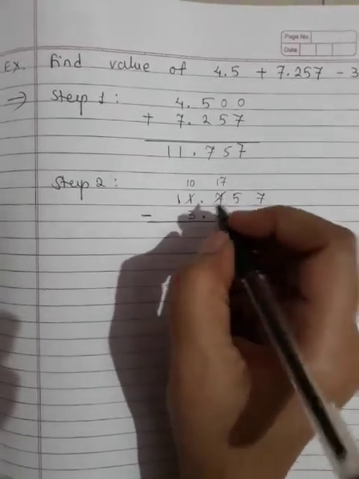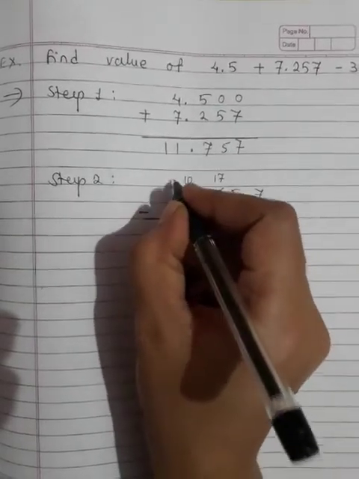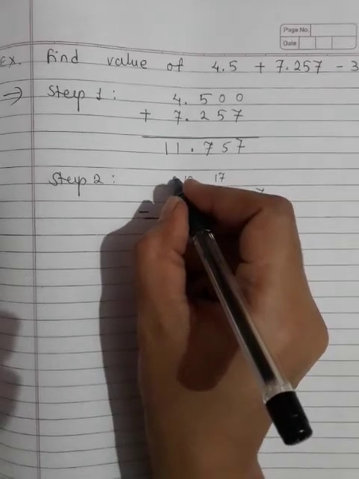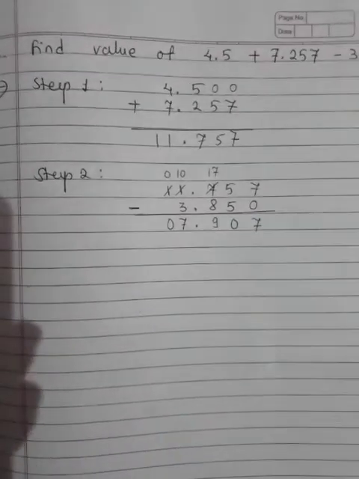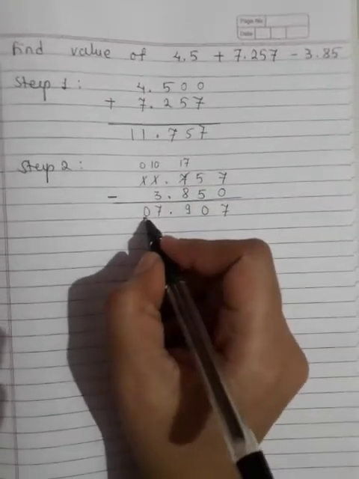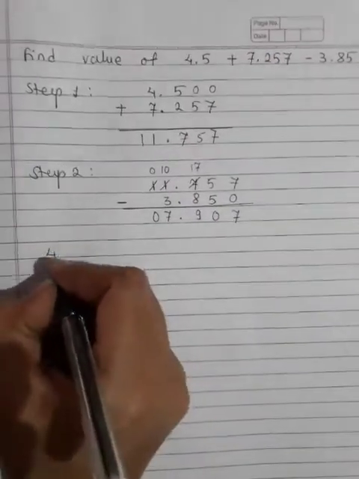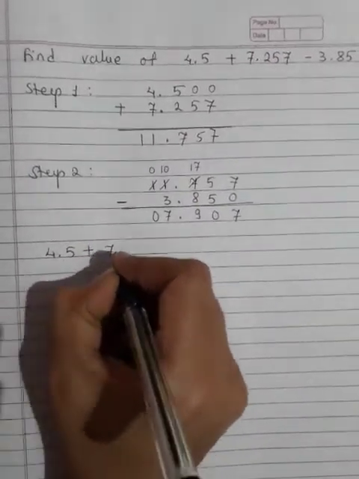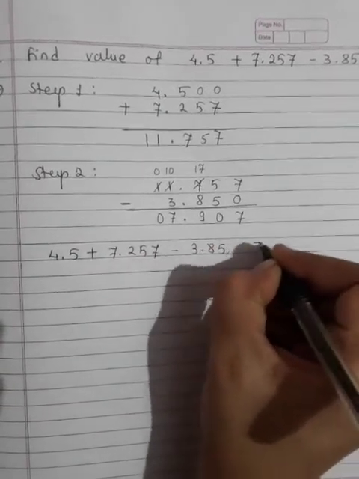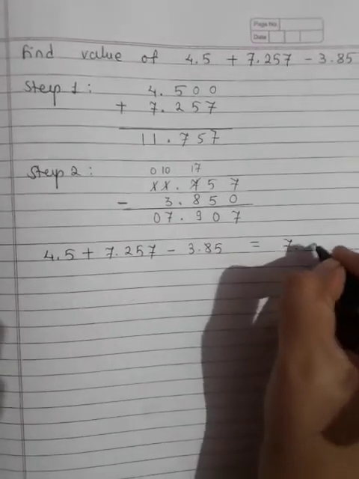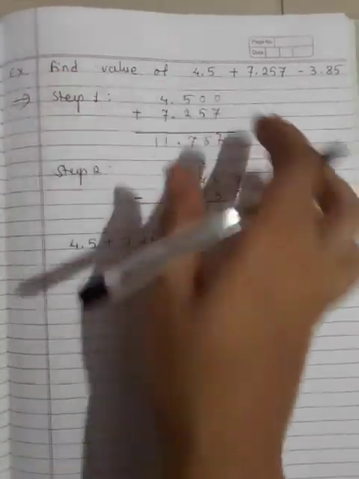Here 10 minus 3 gives you 7, and here we get 0. So our answer is 7.907. So 4.5 plus 7.257 minus 3.85 gives you 7.907. Okay, some such types of examples will be